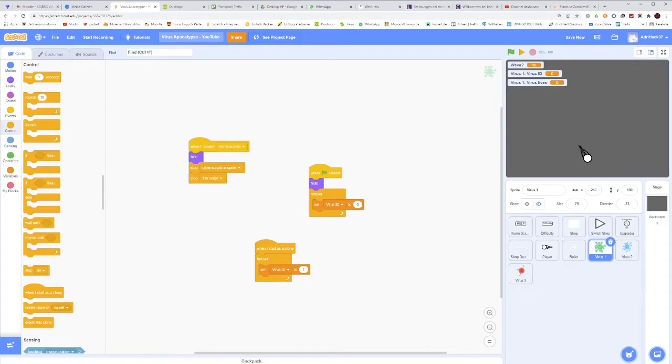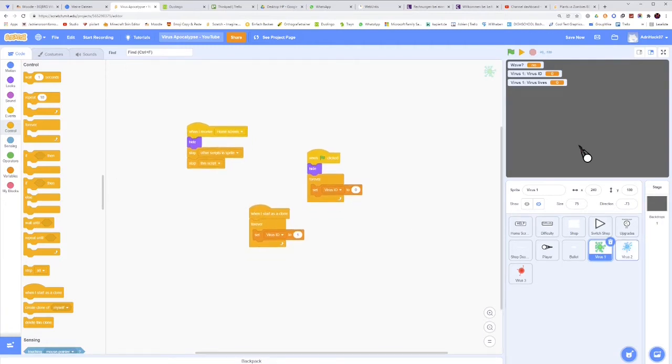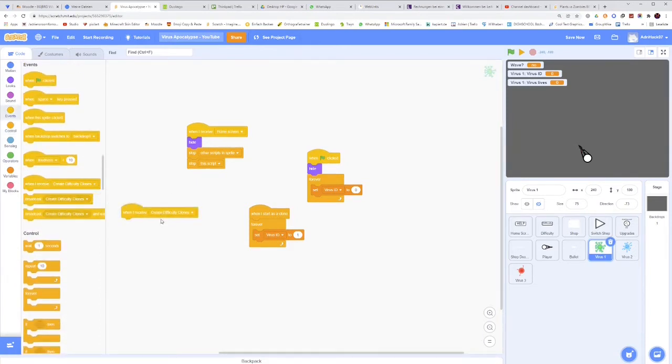So this will be the same for every virus sprite, so you can just duplicate those blocks in there and then create new variables, also virus ID for the sprite only for the second virus and for the third virus, but for now I'm just going to finish the code for the first virus. So when the virus receives game, right here, when I receive game, then wait 1 second, and then forever,